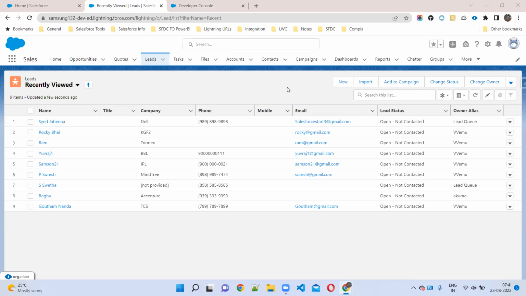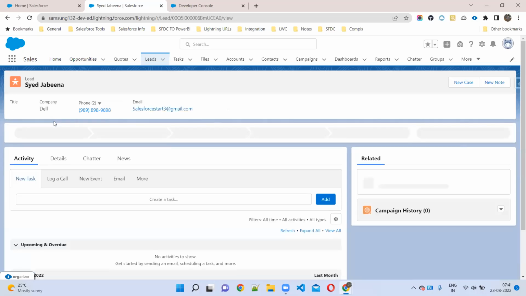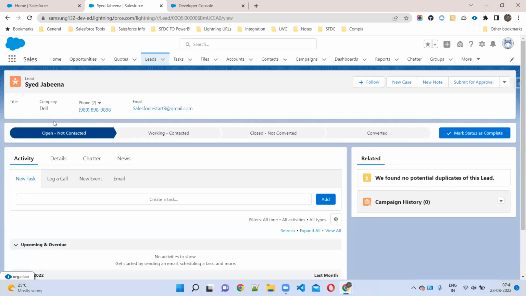Sir, variable is nothing but the information of the class, sir. And variable, it means we have so many types of variables, sir. I think it's integer, decimal, and so.